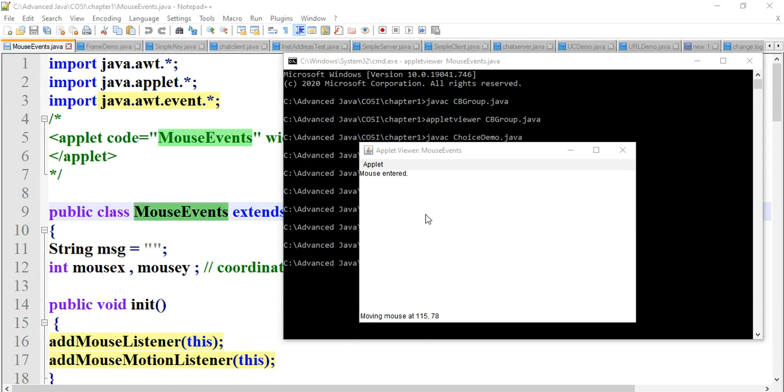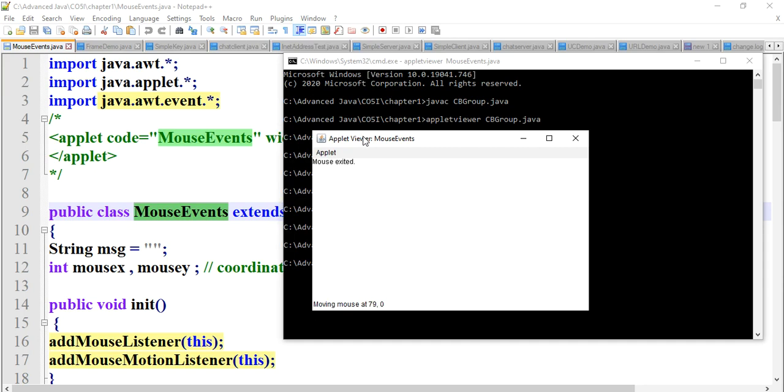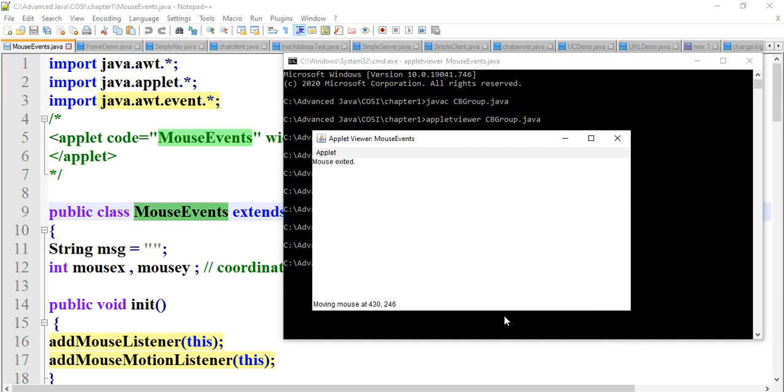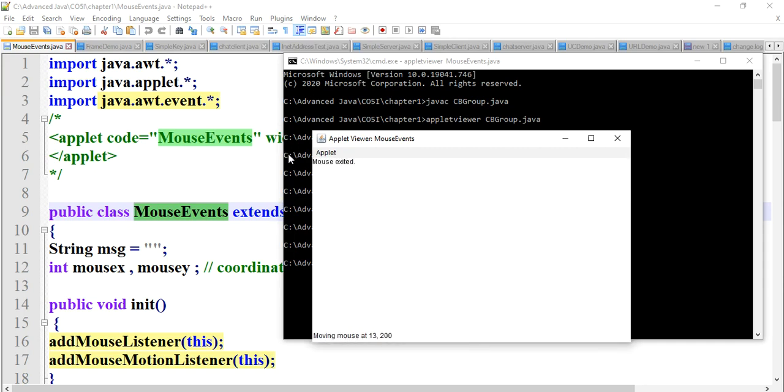In this video, we are going to learn about mouse events, how mouse events are handled using different methods and listeners. So first we will see the output. In this output, you can see different mouse related actions. I am moving this mouse pointer. You can check in the status bar, moving mouse at, and it is displaying new x and y coordinates. Changing x and y coordinates are displayed in the status bar.